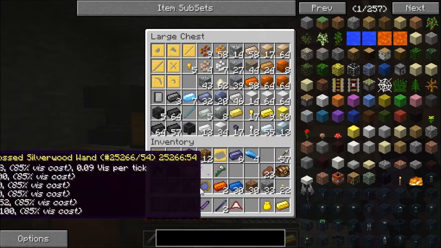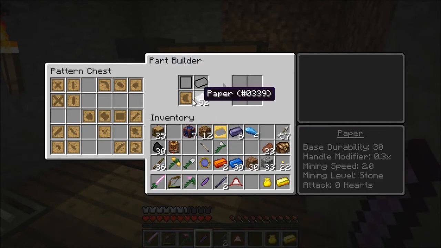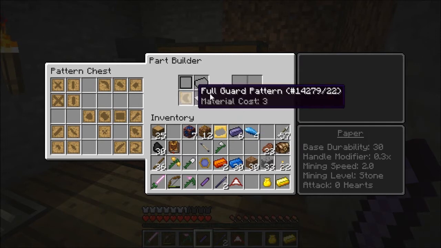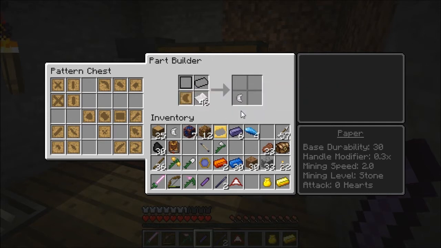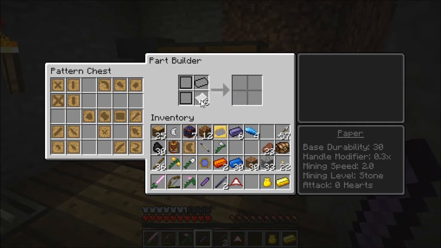Now, what did I come... I didn't come in here for. I wanted to do this one. Why is that not showing up? Oh, there it goes. Oh, but I had 3 paper in there. That didn't make any sense. Material cost 3. I had 3. Takes... Oh, Jesus. It took 6, I think. That's weird. That doesn't make any sense. And anyways,